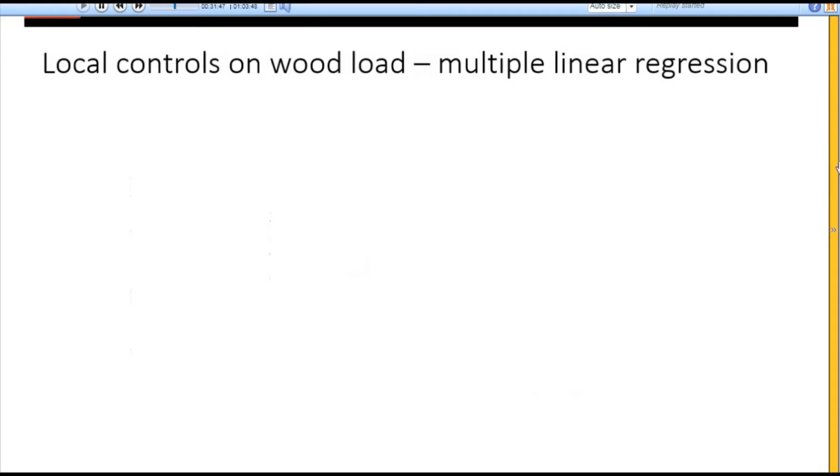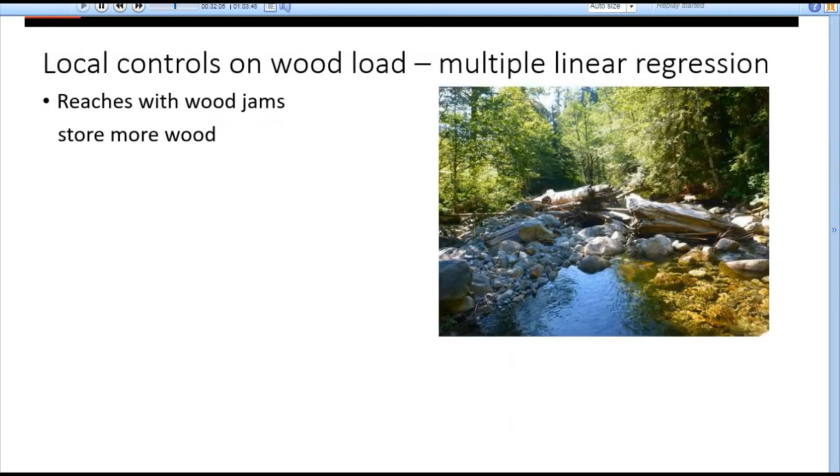Okay, so getting into a little bit more interesting stuff, I wanted to dive in on this project on local controls on wood load, thinking about, if you look at a reach, what about that reach makes it store a lot of wood or not store a lot of wood. So I'm going to summarize some results from a few papers and some statistical modeling we did without going too much into the math. We found that reaches that contained wood jams, so these accumulations of wood, tend to store